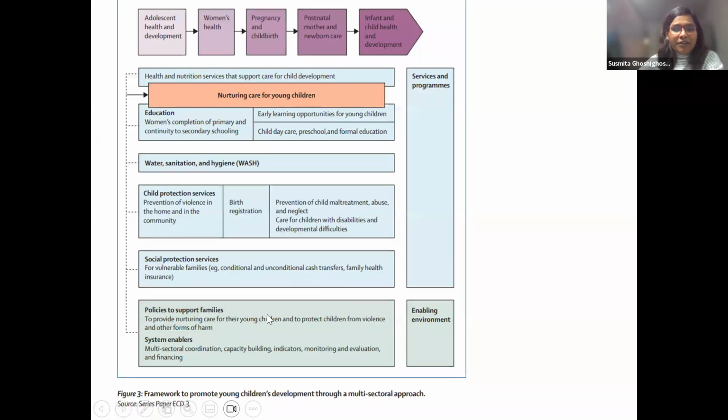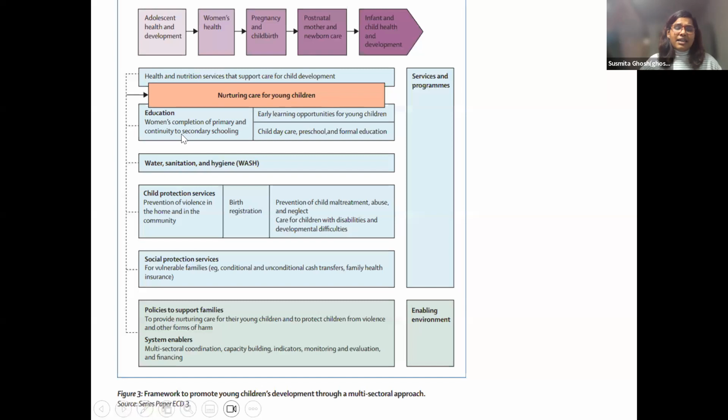So based on my previous slides, this framework is showing the promotion of young children's development through a multi-sectoral approach. The multi-sectoral approach is about nurturing care. The domains of nurturing care alone couldn't get better developmental outcomes for a child, so we should think about including other sectors to get better developmental outcomes, such as